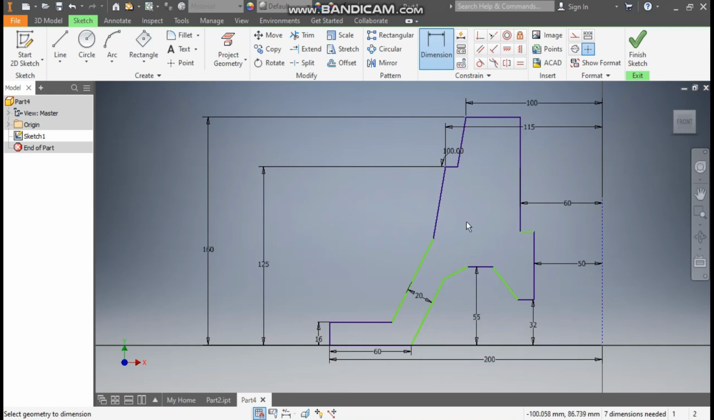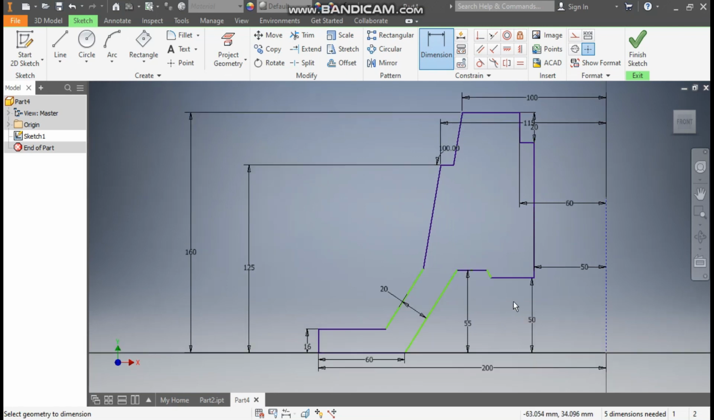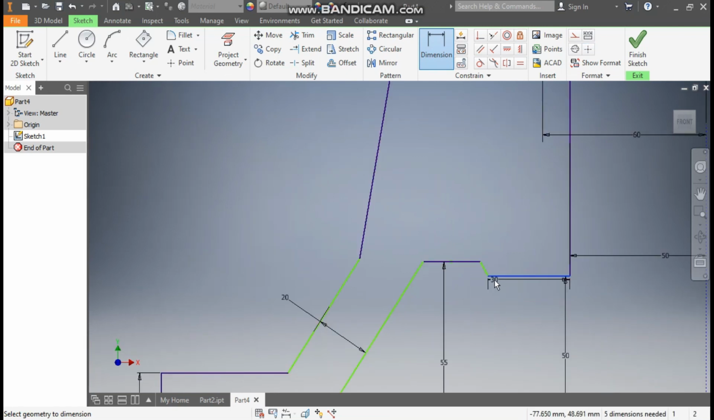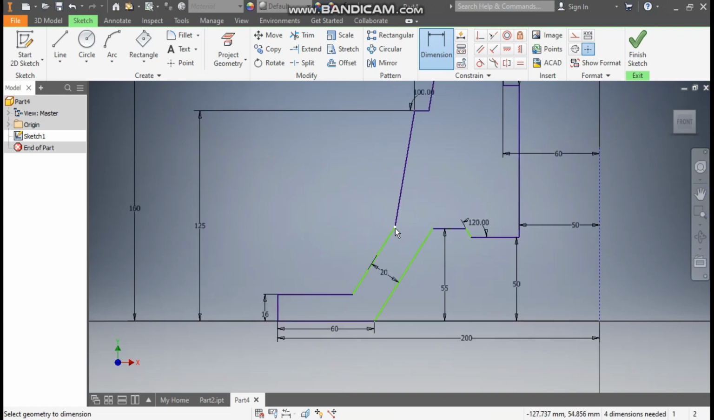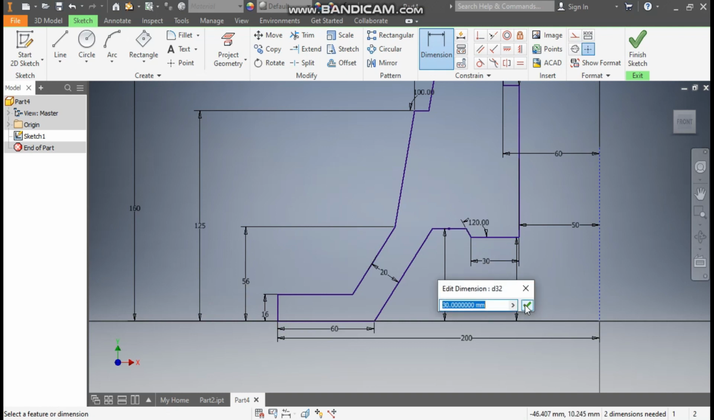Okay, now escape. Define this as 20 mm. Okay, so this will be 20 mm. Okay, this will be now 50 mm. Okay, define this angle here as 120 degrees. Okay, and this dimension from this base will be 56 mm, and this width will be 30 mm. Okay,